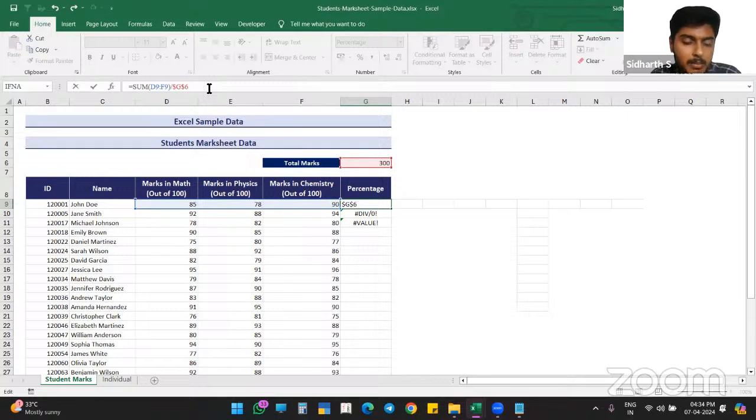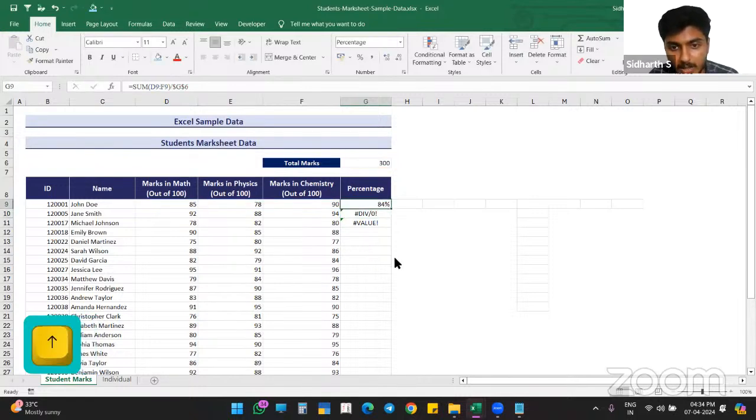What that dollar sign means is, it is making that relative reference an absolute reference. A relative reference is something that will be dragged when we are dragging the formula. So here, this reference doesn't have a dollar sign. That means it is a relative reference, and this contains a dollar sign. That means it is an absolute reference, and that absolute reference won't be dragged when we are